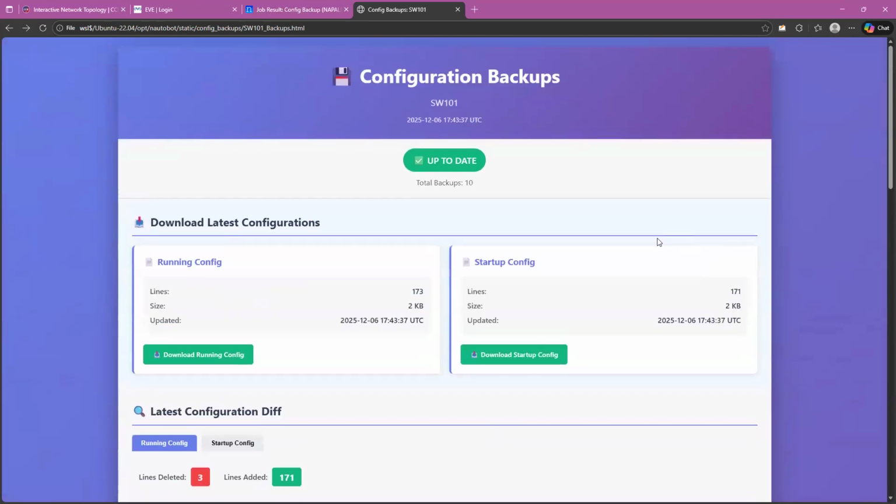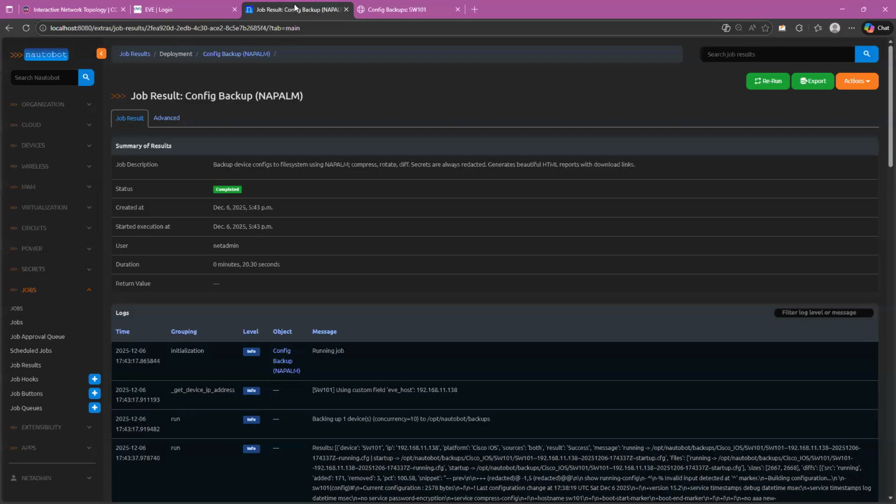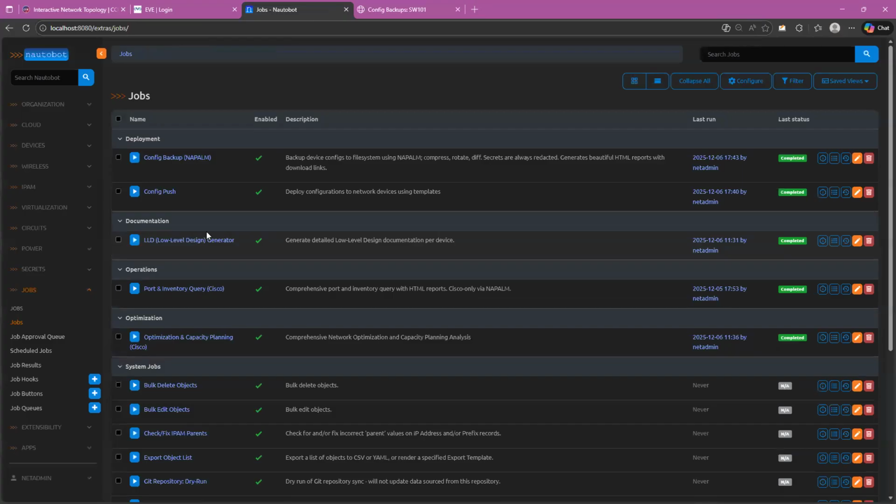Everything via automation, right? So this is complete configuration management. So what do you want from an automation tool? You want to configure the devices, right? You want to take the backup for the devices, and for the backup you also want to see the revision as well, the history of backup. And once you are taking the backup, what are the changes while doing the backup, right? So those things are there.